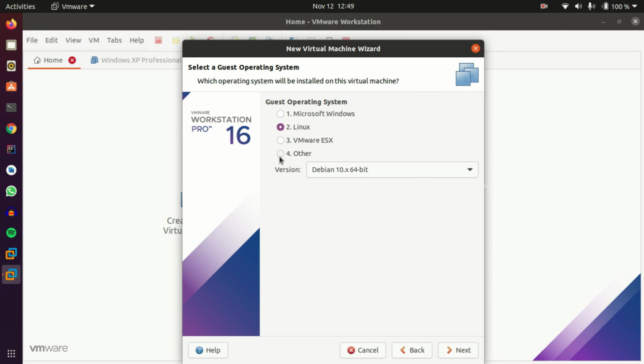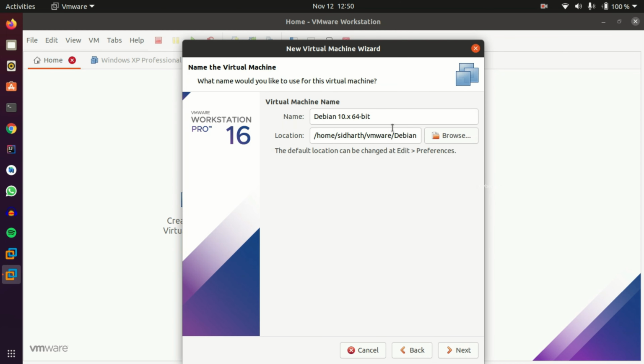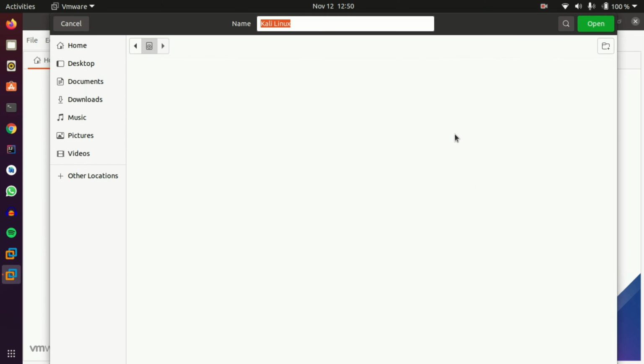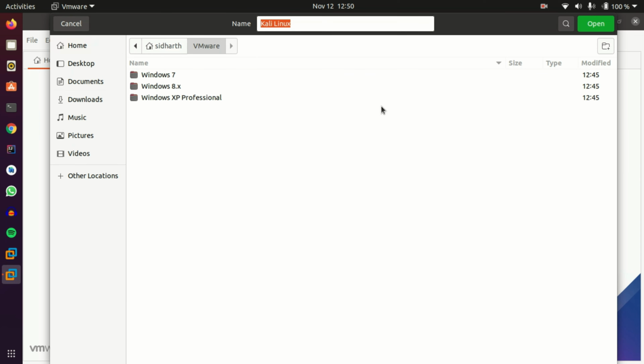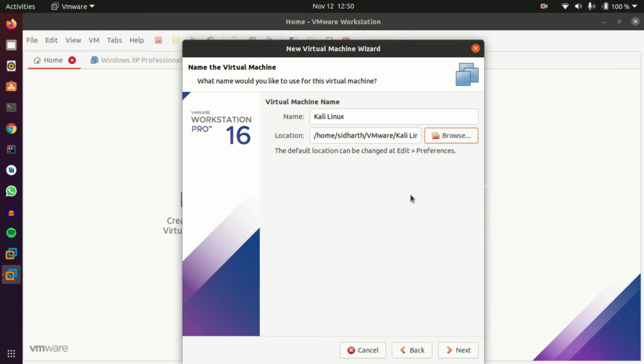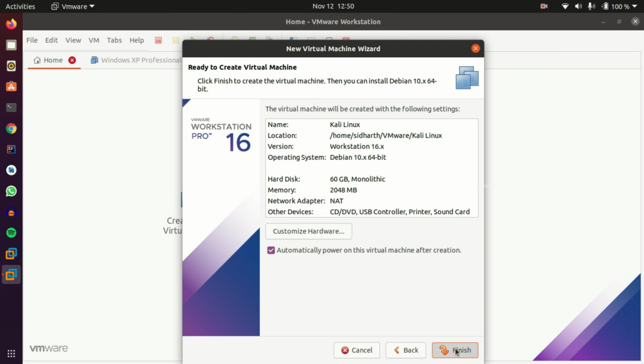Click next and click Linux. Version will be Debian 10 64-bit, and name it as Kali Linux. Now browse your respective folder where you would like to install the virtual machine. Click open and we're done. So next, now click store virtual disk in a single file, and let's just make it 60 gigs of disk size because we're going to install a big operating system. Next, finish,